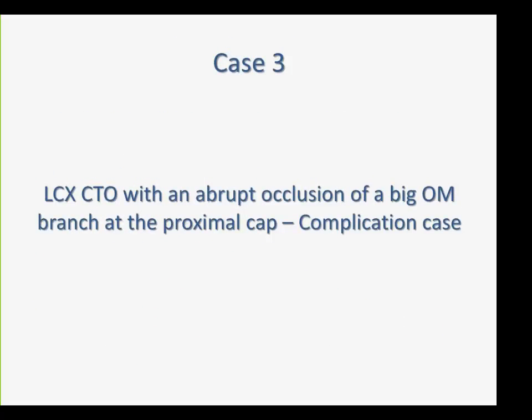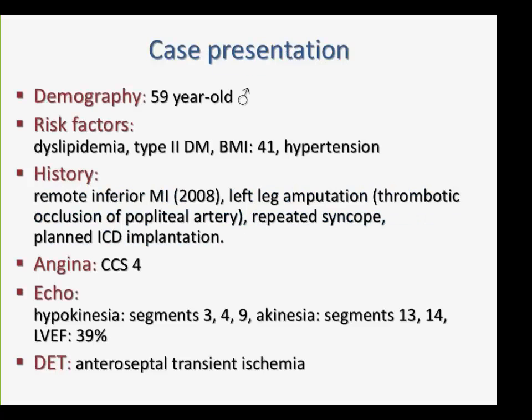Actually, my third case is a different one. In the first two cases, I tried to demonstrate which challenges and which problems can be created by the distal big side branch. This complication case tries to make a demonstration of the potential troubles by a big proximal branch and how to resolve this problem. Again, a gentleman is the patient,